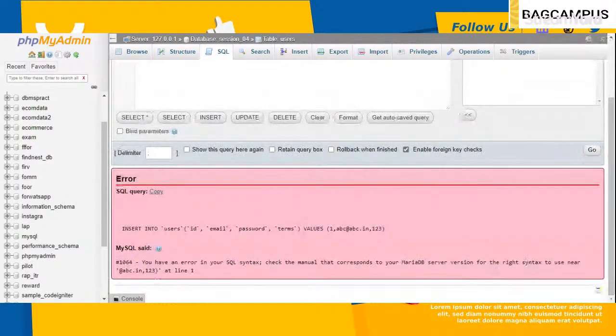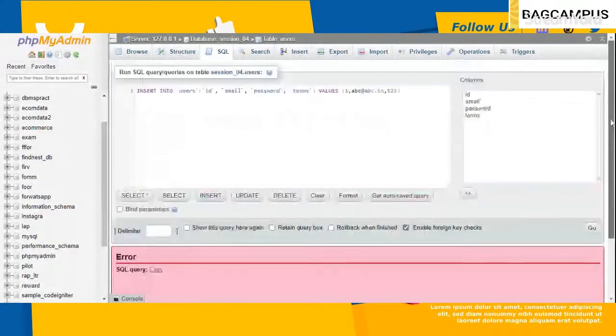There is some problem up here. So insert into ID, you have error. You check your manual that okay, there's some problem up here. So ID, email, password, terms. I think I should give it agree. Oh! I have to give a colon up here. There is the problem